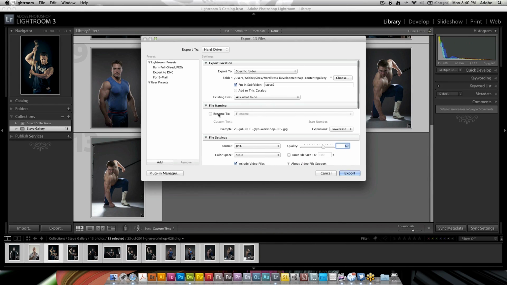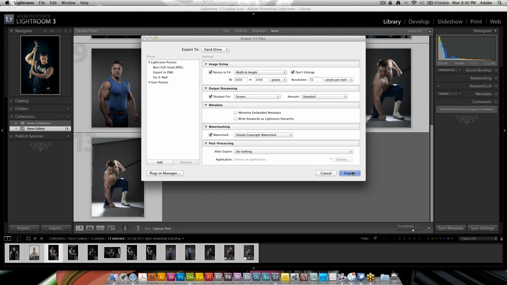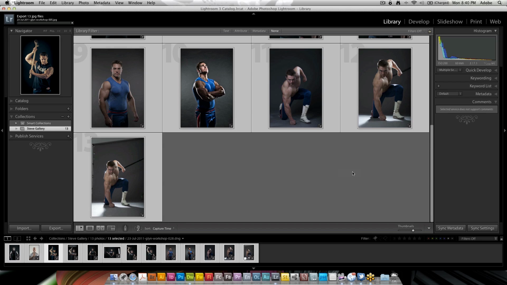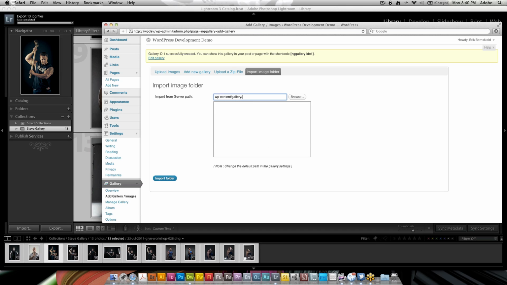Oops. And let's just skip the renaming. Just click export with the default settings. It's going to export these 13 JPEG files, and it's going to take a little while because it's now compressing them and making them web ready. But once it's done, and I uploaded it to the WP content path and folder, I just need to type Steve2 in here. And of course, if I didn't know, I can hit browse and it's going to bring up